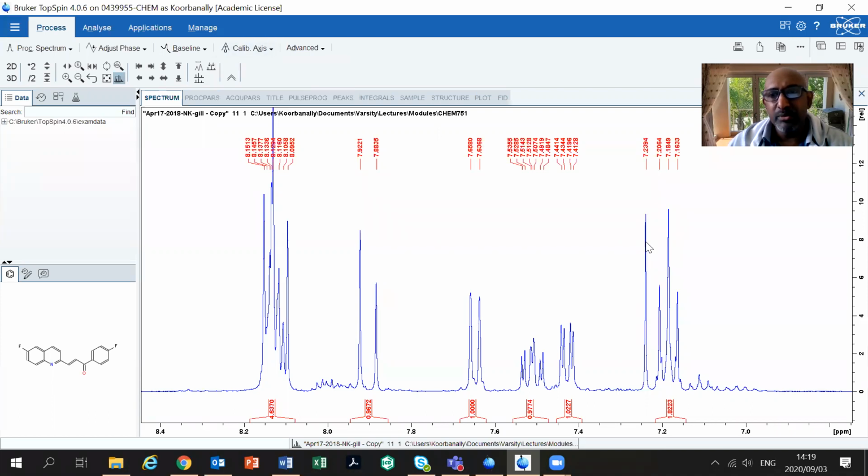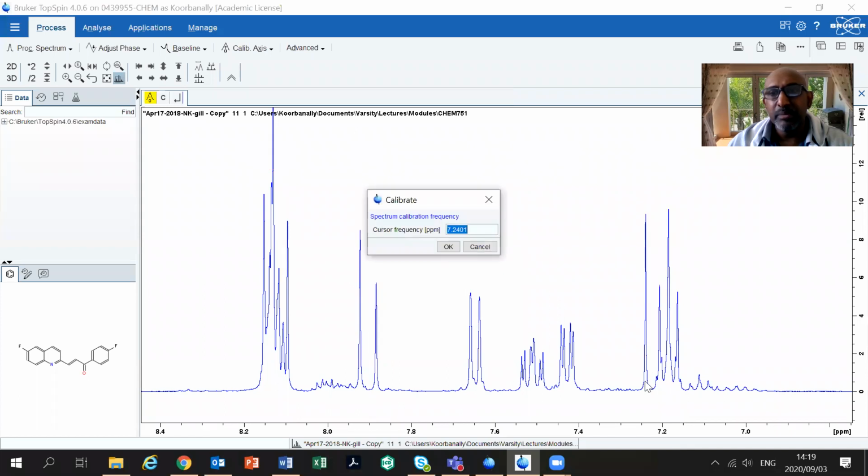So in order to calibrate an axis, you need to pick a certain point, right? So I've picked the point of this particular peak. I know that the deuterated chloroform peak is at 7.24, right? So you can see this is referenced properly. But just in case that's not referenced properly, I'm just going to change this reference now to 7.37,